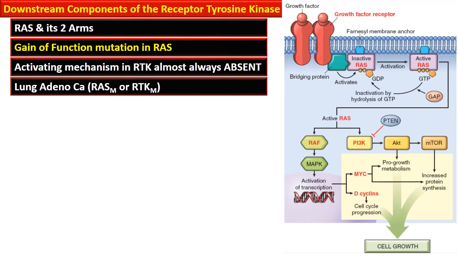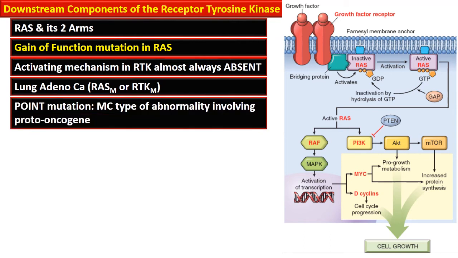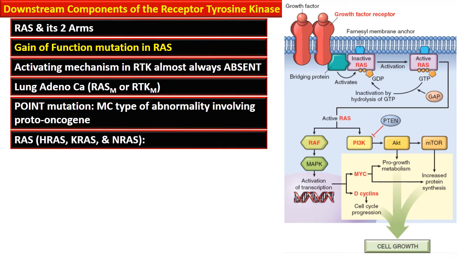The lung adenocarcinomas fall into mutually exclusive molecular subtypes that are associated with mutations involving RAS and various tyrosine kinase genes, which has implications in targeted therapy. The most common type of the mutation is point mutation in this RAS, and as we have seen earlier, there are three members of this RAS family: HRAS, KRAS and